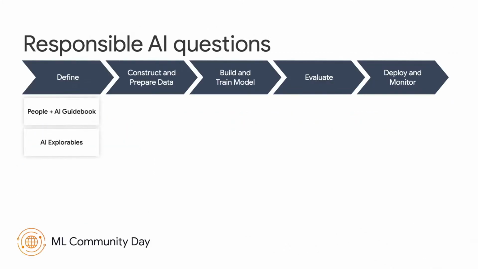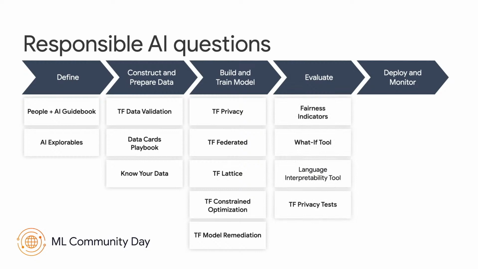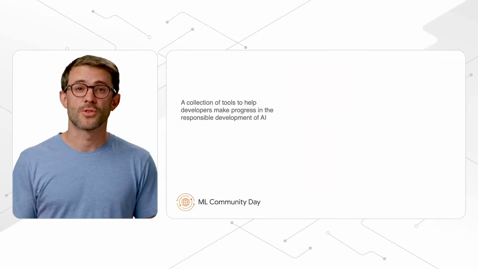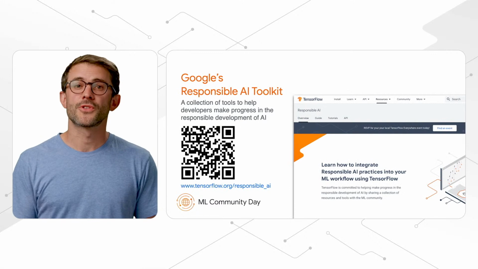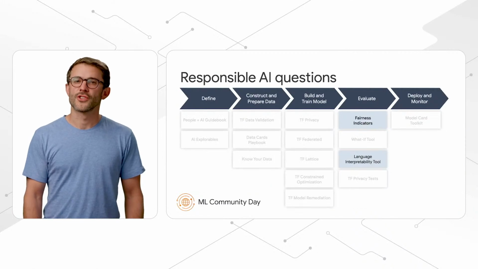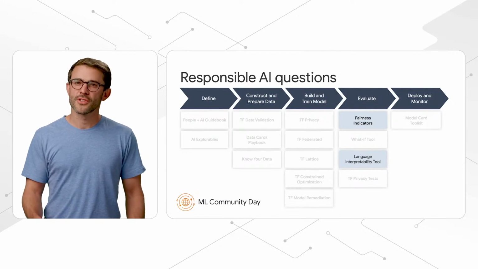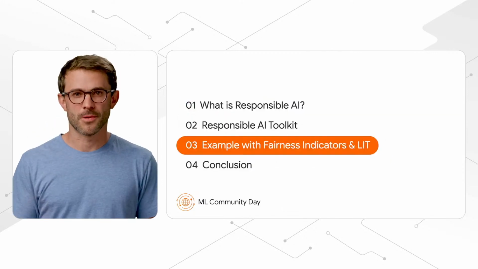Our Responsible AI Toolkit is a collection of technical resources to help you and your team at each stage in the lifecycle. We encourage you to take a deeper look at these resources online. They include Colab tutorials, documentation, and user guides, which can be accessed via the QR code shown on this slide. Today, we're going to zero in on 2 tools that can help you evaluate and probe your models for unfair bias. We'll introduce the tools in a simple real-world example, which we spoke about in our previous talk at Google